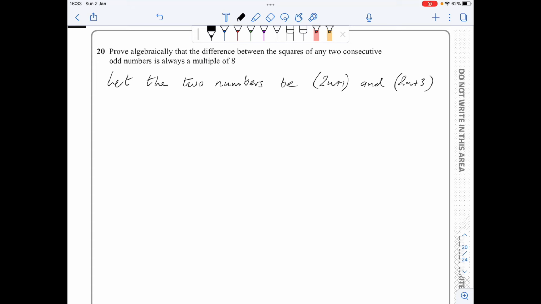So continuing from here, let's square both of those numbers and then subtract, since I have a difference, to see what we get. So (2n plus 3) squared is equal to 4n squared plus 12n plus 9,